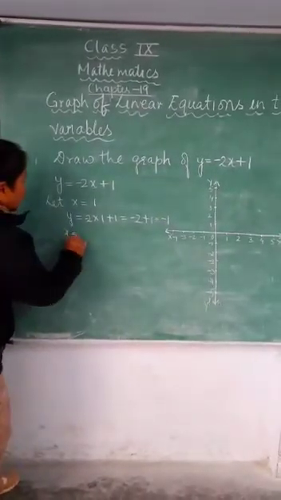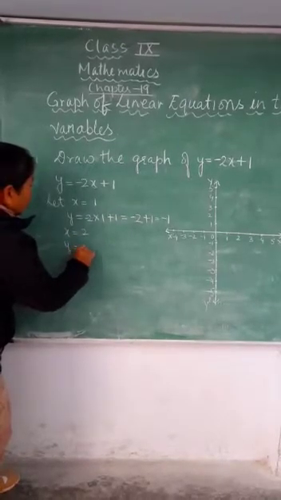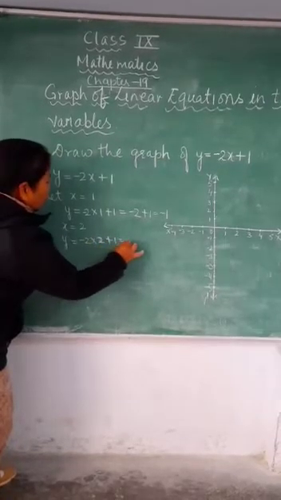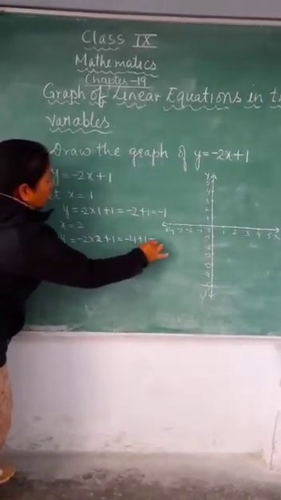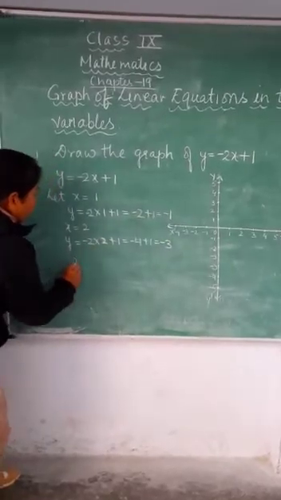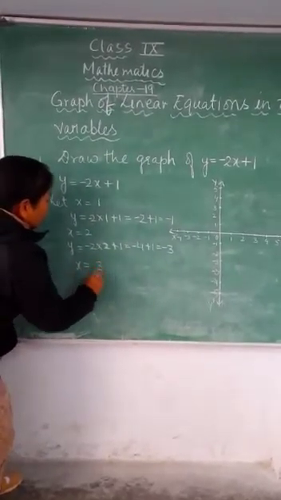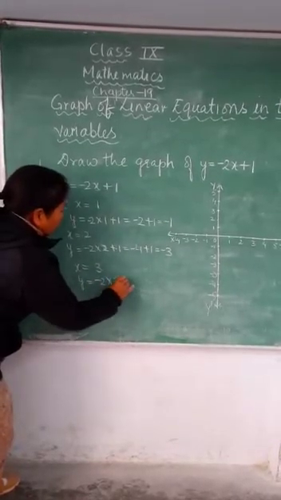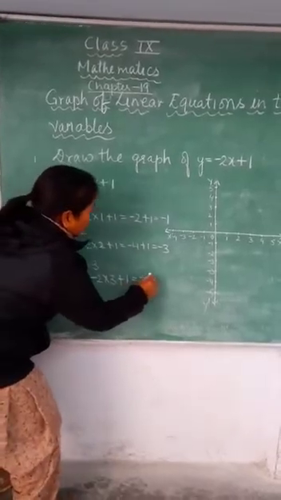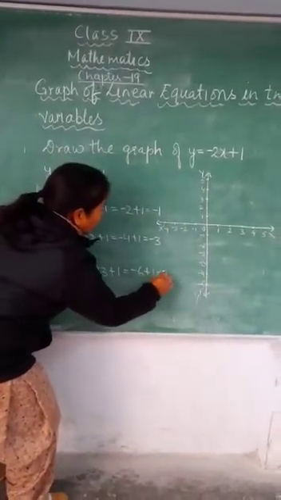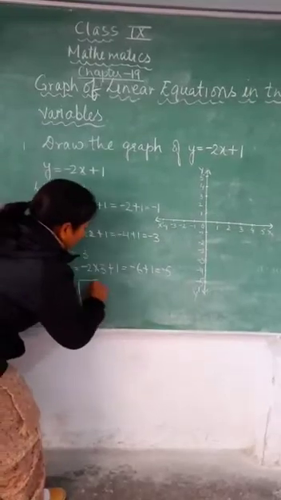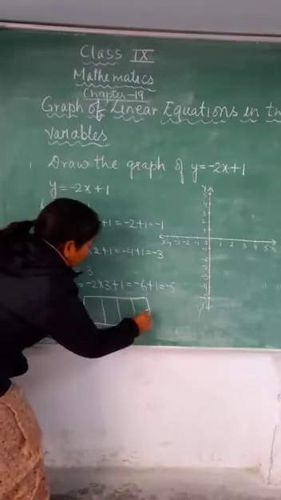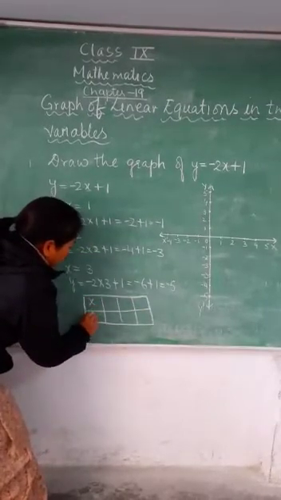Now, we will take x equals 2, then y will be equal to minus 2 into 2 plus 1, which equals minus 4 plus 1, minus 3. We will put one more value, suppose x equals 3. Then the value of y equals minus 2 multiplied by 3 plus 1, which equals minus 6 plus 1 equals minus 5. We'll make one box over here